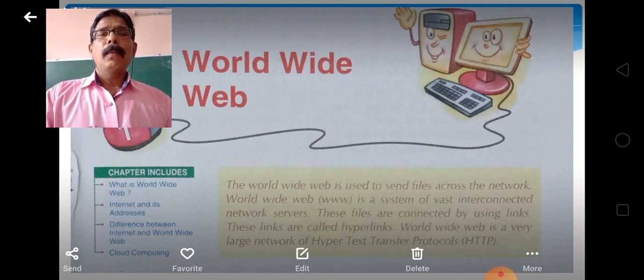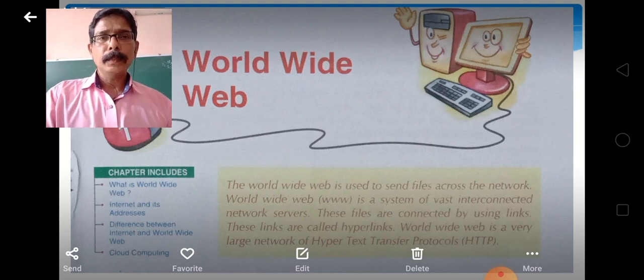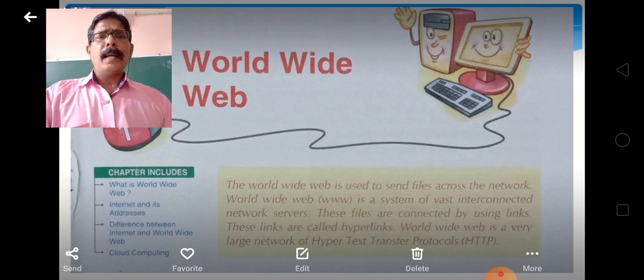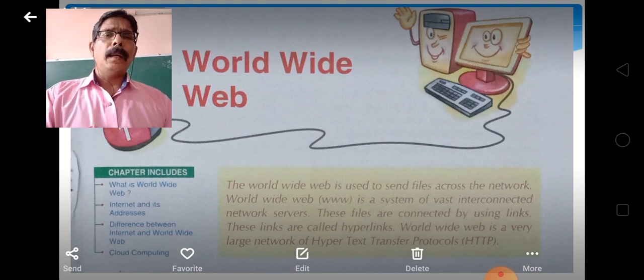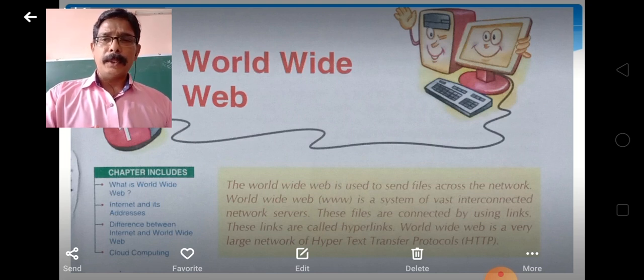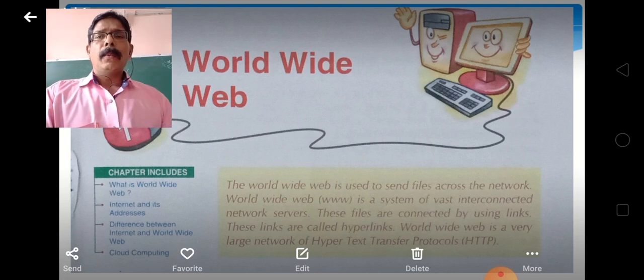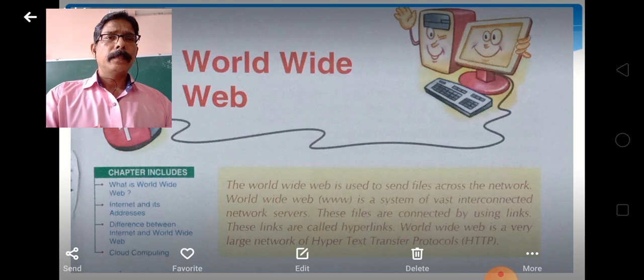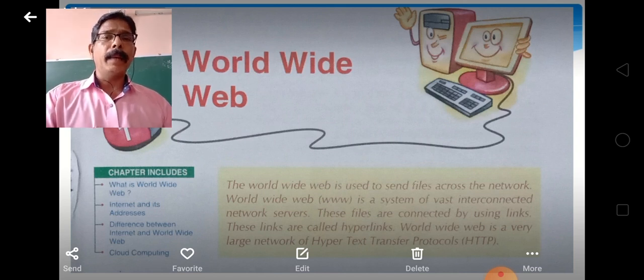First, what is the Internet? The Internet is a global network of billions of computers and other electronic devices. With the Internet, it is possible to access almost any information, communicate with anyone else in the world, and do much more.